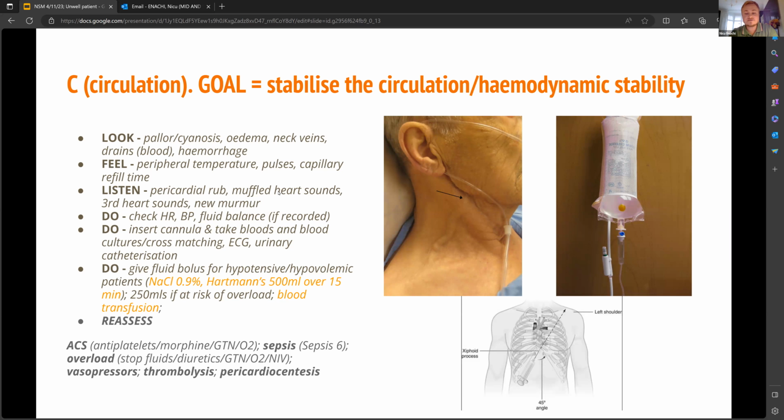You're going to listen to the patient's heart as well. If you listen to heart sounds, do they appear to be muffled completely, and the patient has a distended neck, and their blood pressure is very low, to suggest a cardiac tamponade? Third heart sound, commonly associated with heart failure, or a new murmur, which might be new to you or